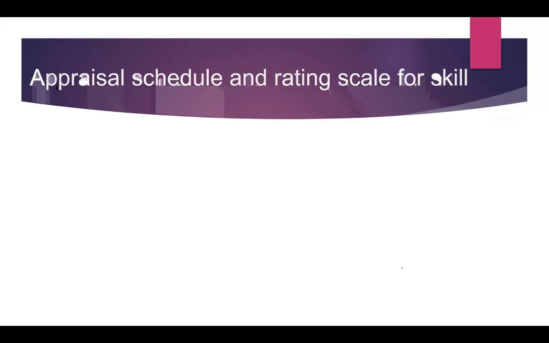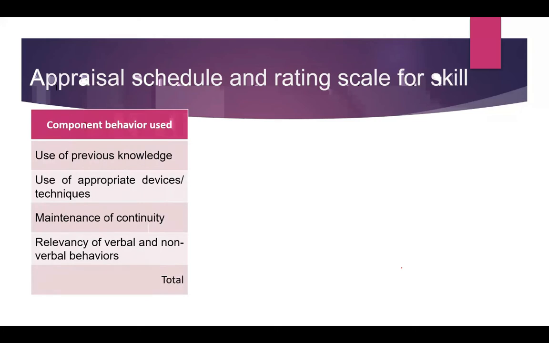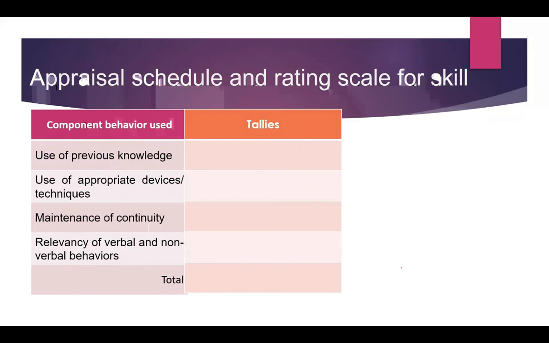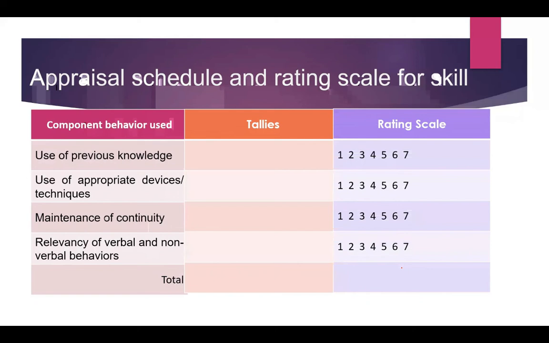Because by this observation schedule or rating scale, we can say whether our students who have demonstrated the lesson in front of the observers have to reteach the lesson or they have mastered that skill. There are 3 columns in the observation schedule. The first column is the components or the behavior which the pupil teacher has used. The second column is the tally marks which the observer makes while observing the lesson,